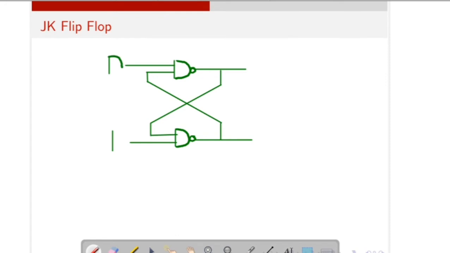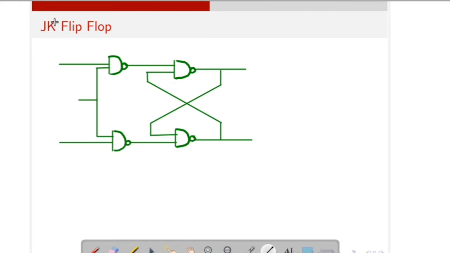For this, again we have a NAND gate here. So now this is an active high SR latch. These two are the inputs, right? Then we give clock pulse to these two NAND gates, so it becomes a flip-flop. When this is the S input and this is the R input, then this is an SR flip-flop, right?